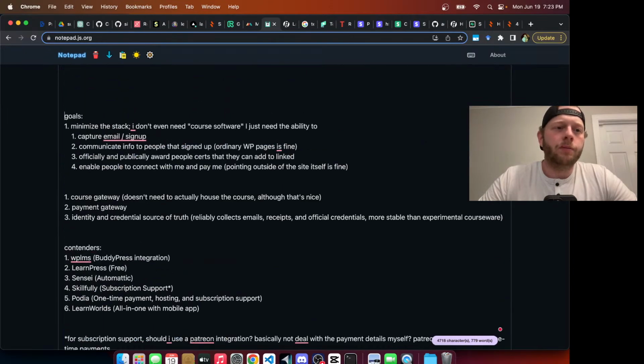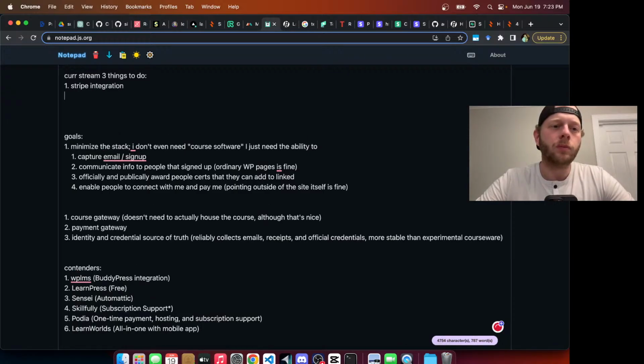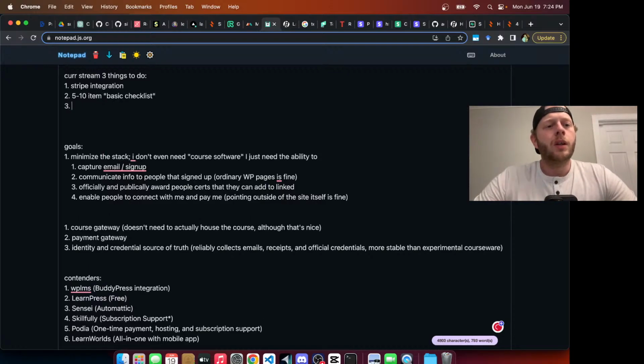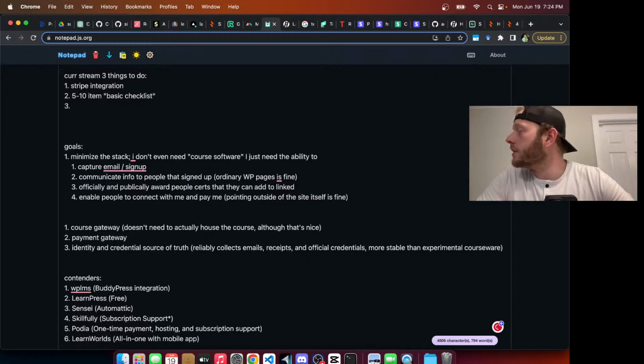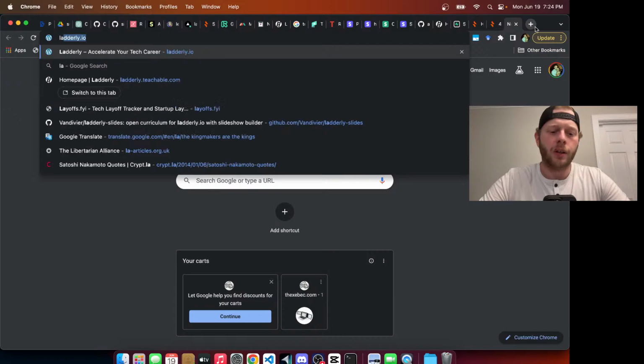So let's write this down. Current stream, 3 things to do. 1 is Stripe integration. 2 is a 5 to 10 item basic checklist. And then 3 is domain forwarding with Cloudflare. So currently, if I go to